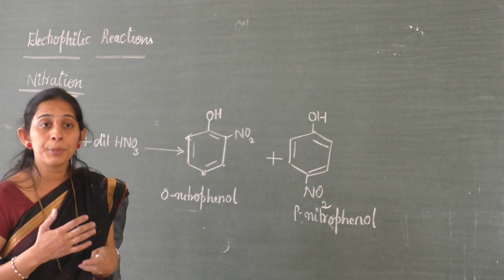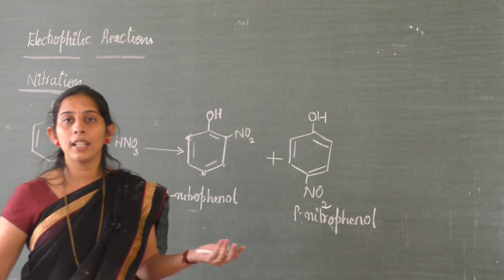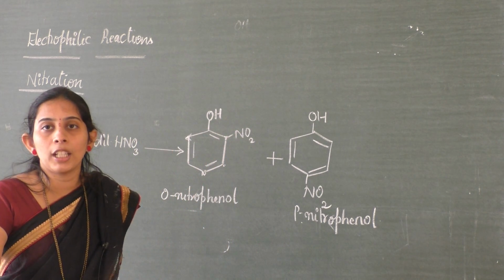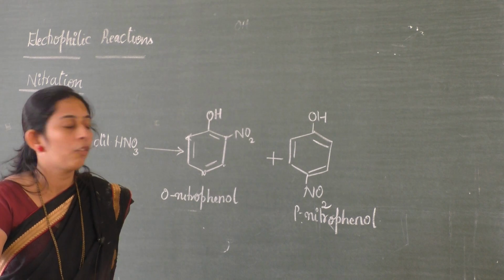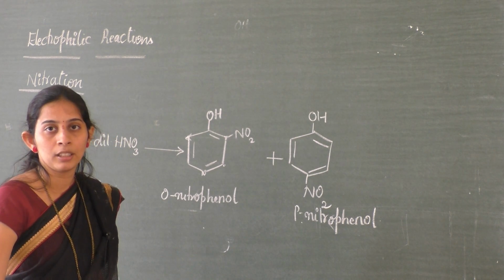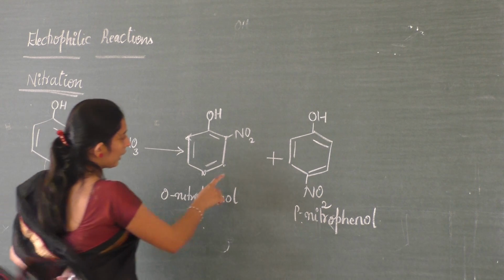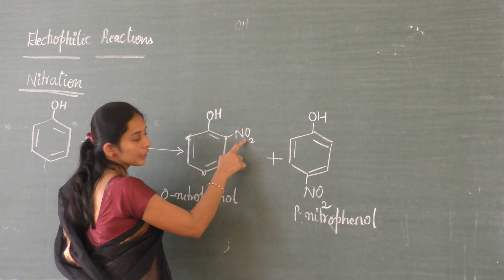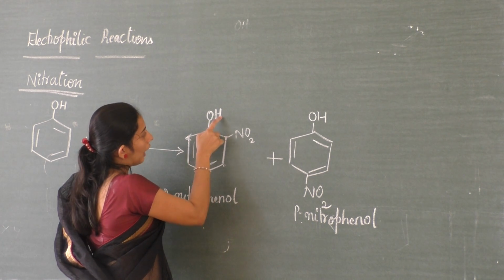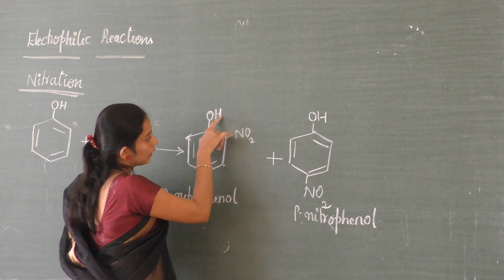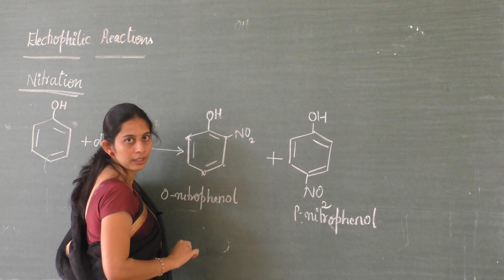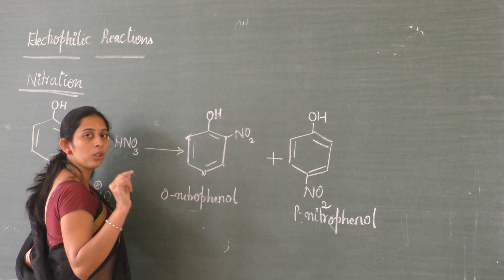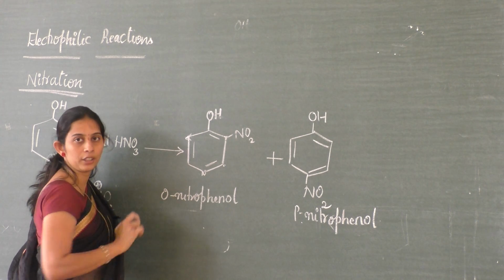Why more volatile? What is meant by volatile? Volatile means to evaporate, to turn into vapour quickly. So orthonitrophenol is more volatile compared to paranitrophenol. What may be the reason for that? So in orthonitrophenol, this is ortho, this is para. In orthonitrophenol, this is the OH group, this is the NO2 group. So hydrogen and oxygen are nearer to each other, right? Therefore we can say that intramolecular hydrogen bonding is present in orthonitrophenol.